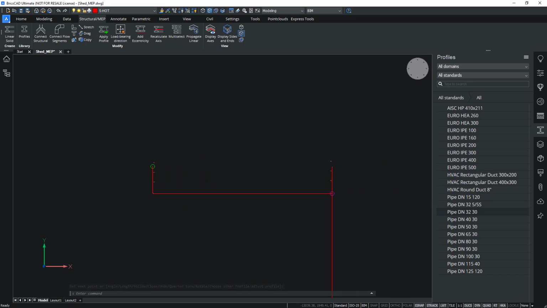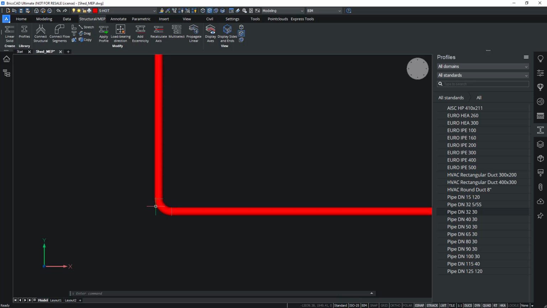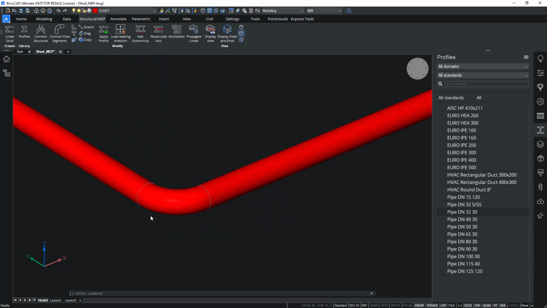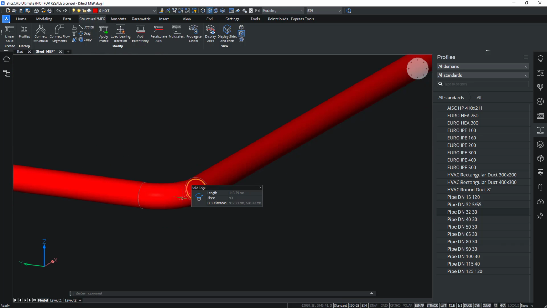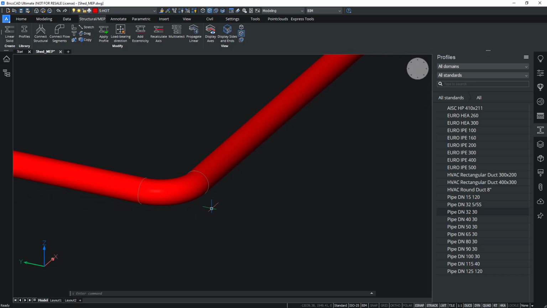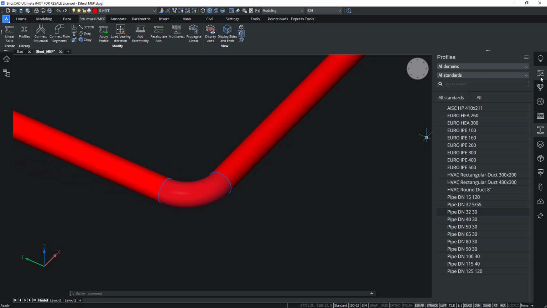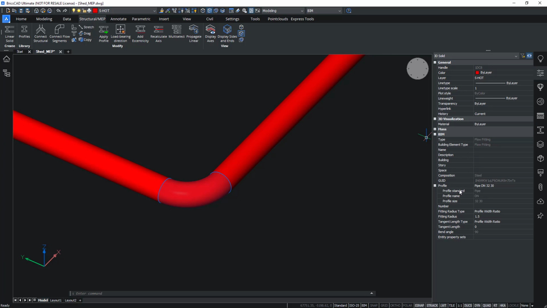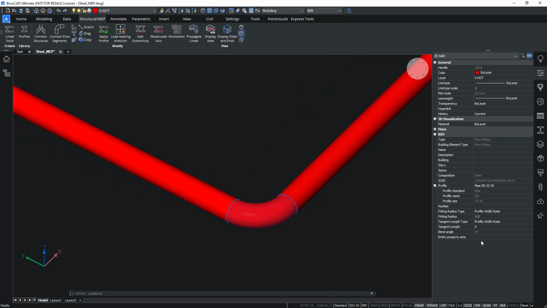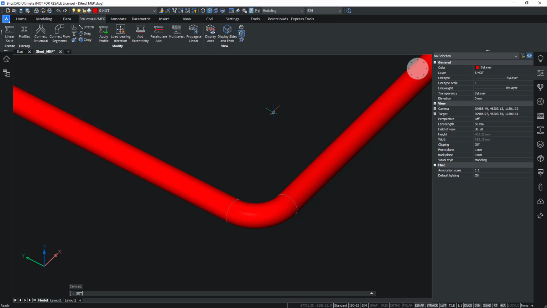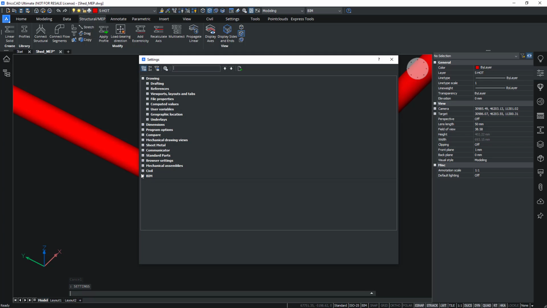Now actually, I created these two flow segments, this one here and the vertical one. But I can see in between that a flow fitting was created automatically based on some preset parameters that you can change. So it creates a new solid with some properties like the fitting radius, the tangent length, and so on, which you can change per fitting, or you can choose your general setting here under MEP.